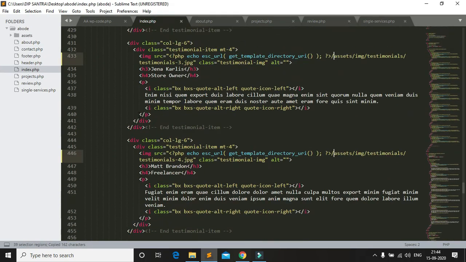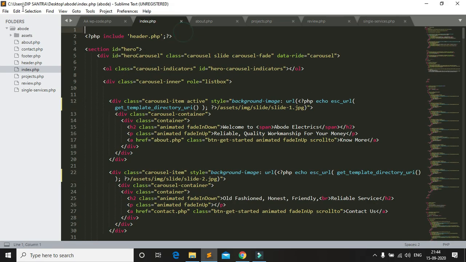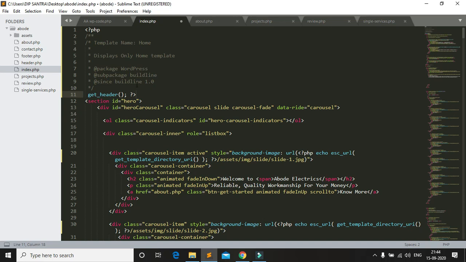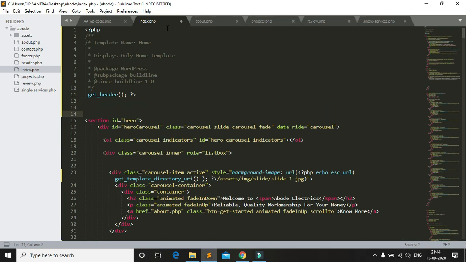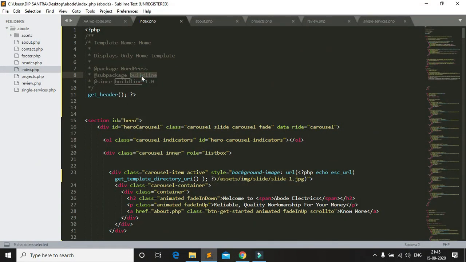So this is index. First I include it in index, paste. This is home, and I need to create a template name, file name. Okay, so I copy this name and paste it here.